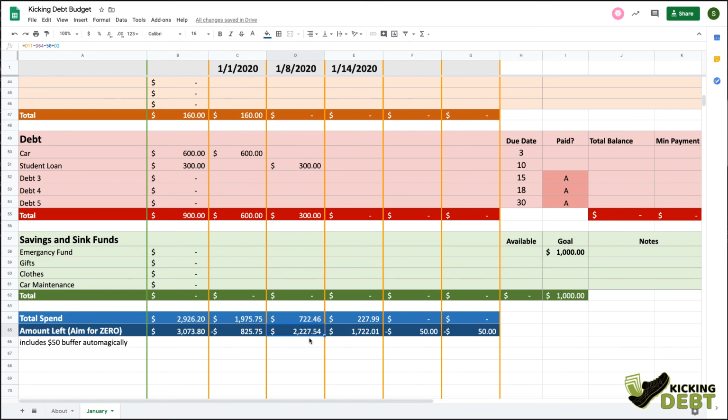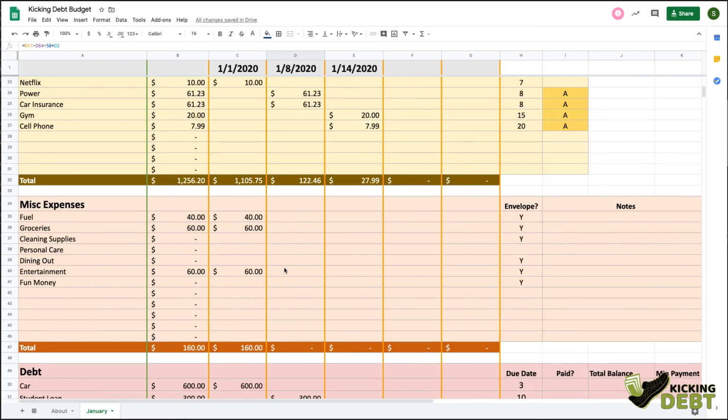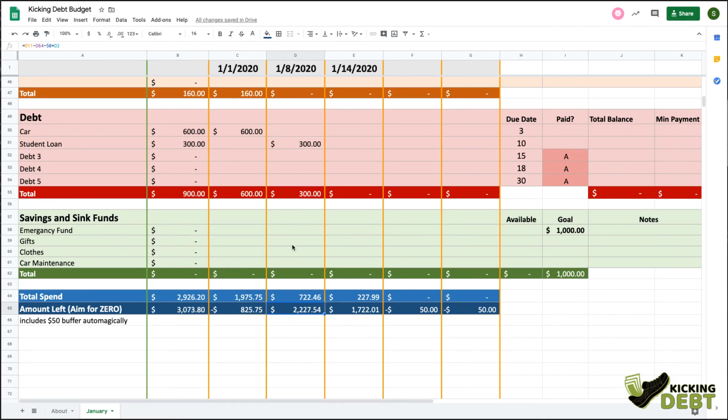Because your goal with a zero-based budget is to get this at zero, if you have nothing else that you need to budget for on the 8th, what I would do is go ahead and take the $1,000 from this and put it in your emergency fund, so that makes your available $1,000 and this goal is complete. So now that you have baby step 1 complete, but you still have $1,200 left over, you can go